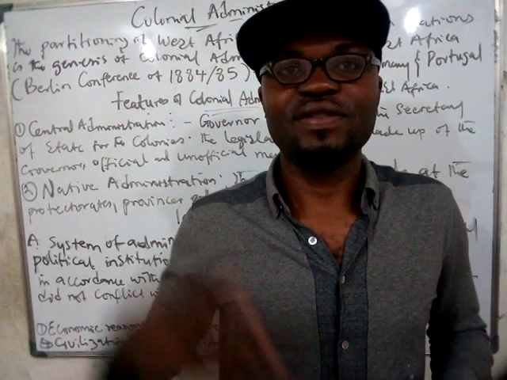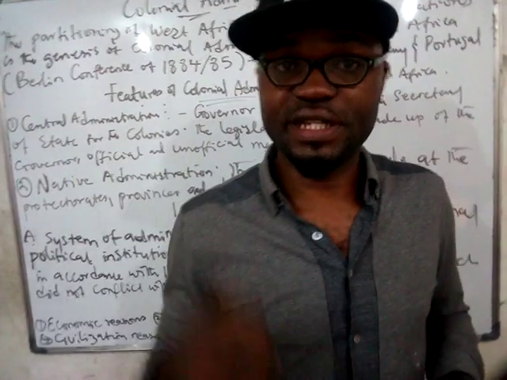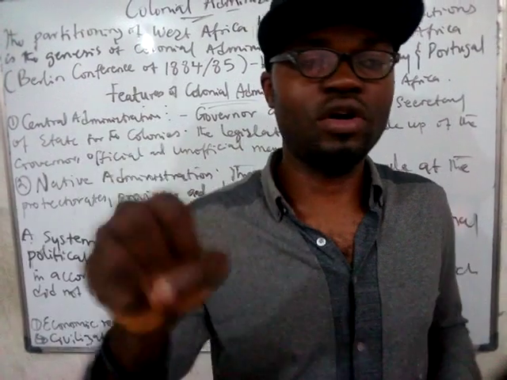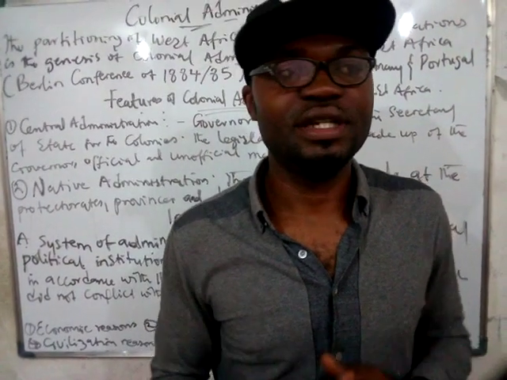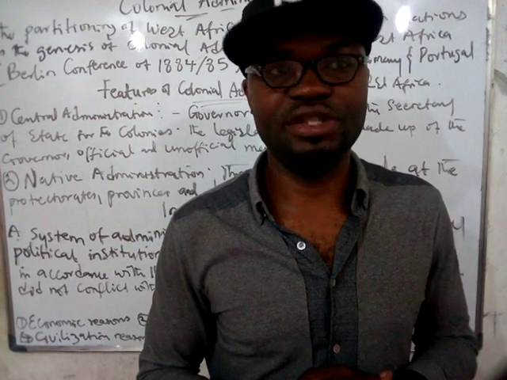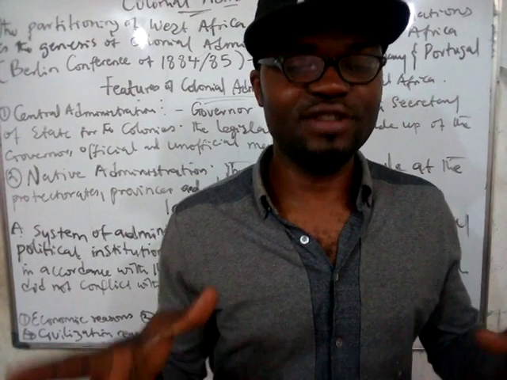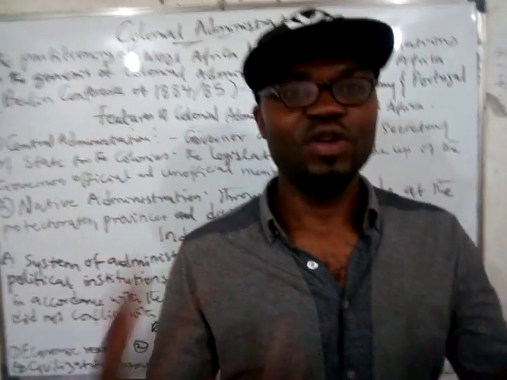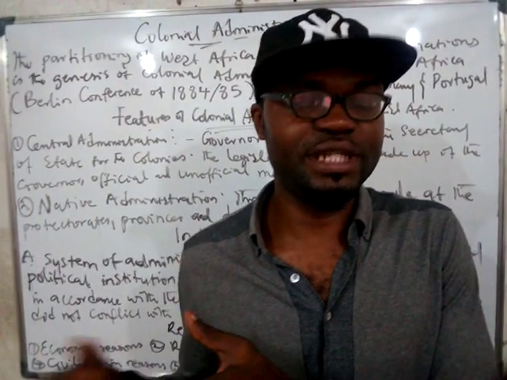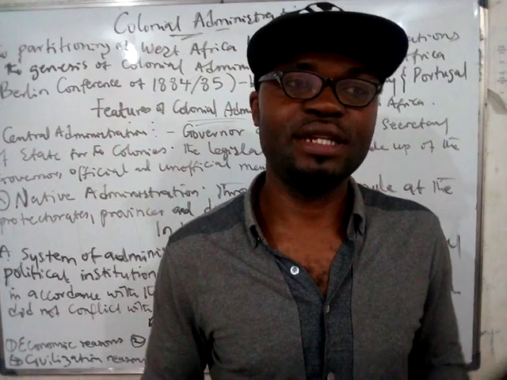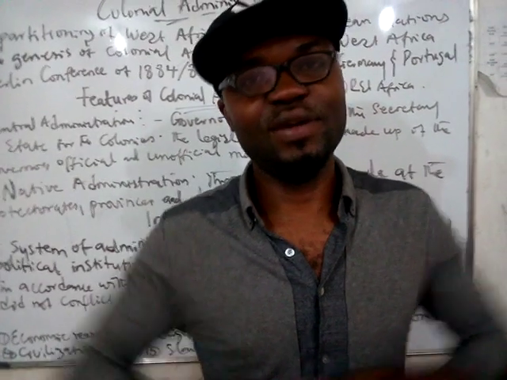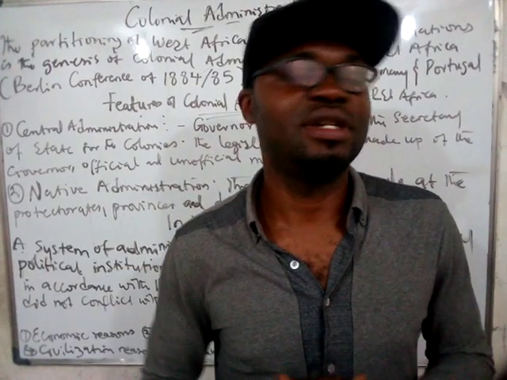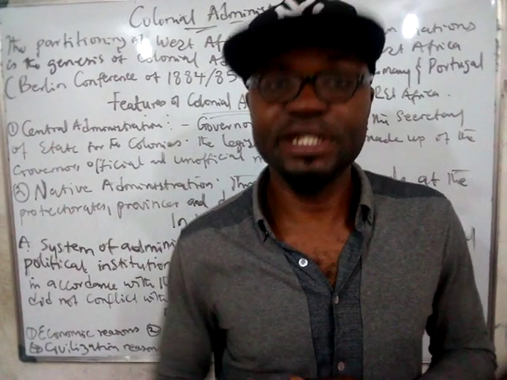You understand? So those foreign nations, through their Secretary of State, give powers to who they call governors or Governor General. We hear about Lord Lugard in Nigeria. So these governors are in charge of these countries where they are colonies. So like Nigeria, which is a colony of Britain, had Lord Lugard as the Governor General that was administering the country, and he was reporting to the Secretary of State of Britain.